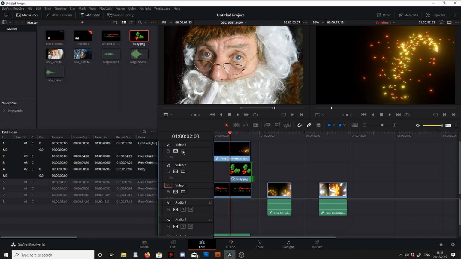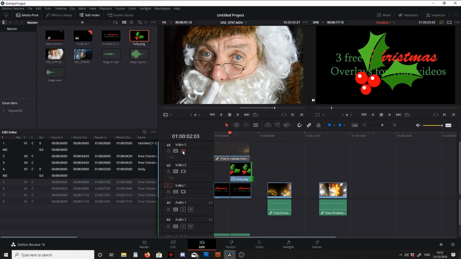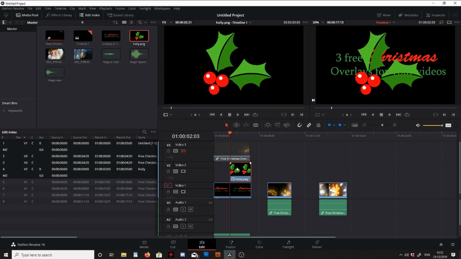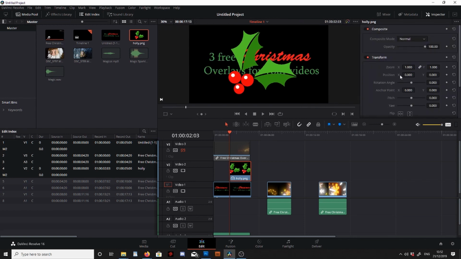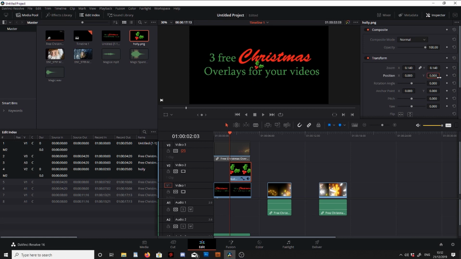Now I'm going to click the film icon so it hides the top layer, and we can see that the holly is way too big and in the wrong place. So I'm going to click on the picture of the holly, then click on inspector, and change the size by dragging the zoom to the left and make it smaller. I also want to change the position, so I'm going to change the position on the y-axis to about 200,